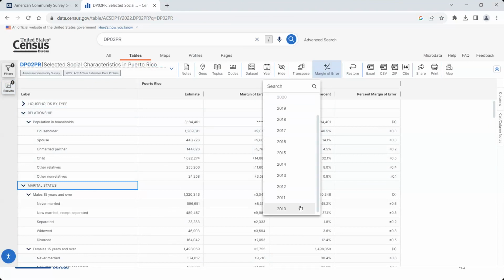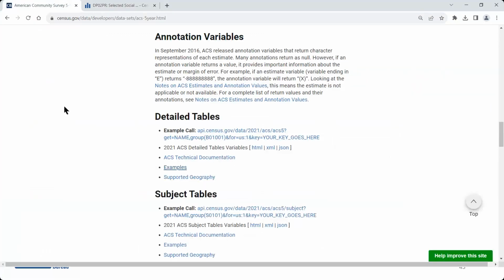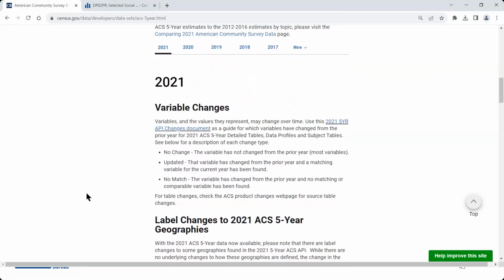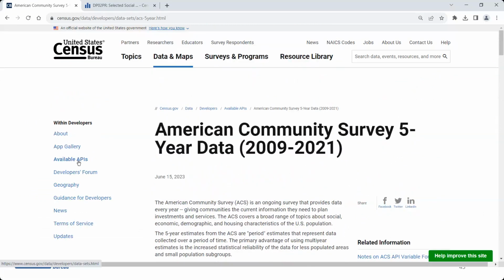And that's a limitation of American Community Survey tables on data.census.gov, is that you can only go back to the year 2010. When we look on the API, however, we can go all the way back to 2005 for these American Community Survey tables. So I'm going to go back to the API and try to find that earlier American Community Survey data. So once again, I am going to go and start back on my available APIs page.